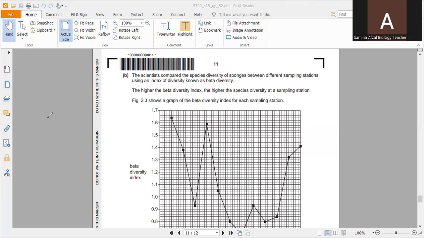So here you can see in the figure the highest diversity is between 1.6, this point, it can be 1.64 or 1.65, you can see that 1.65. So we can use any one of these. So now moving on,